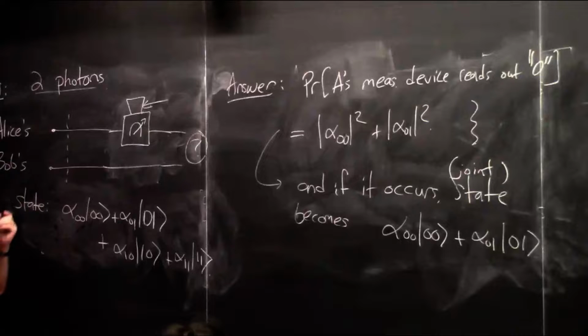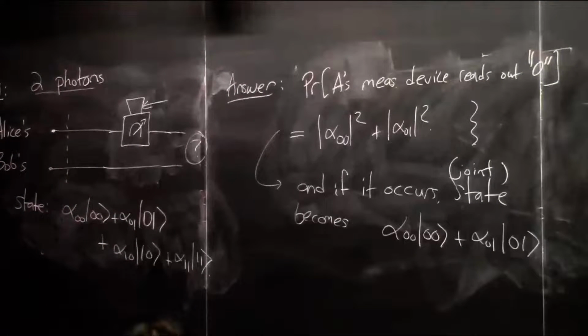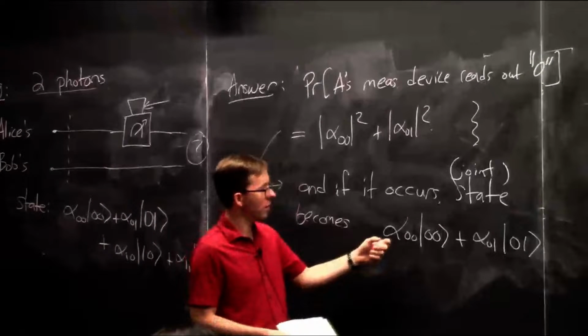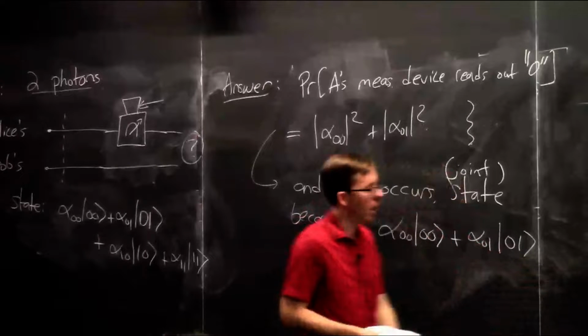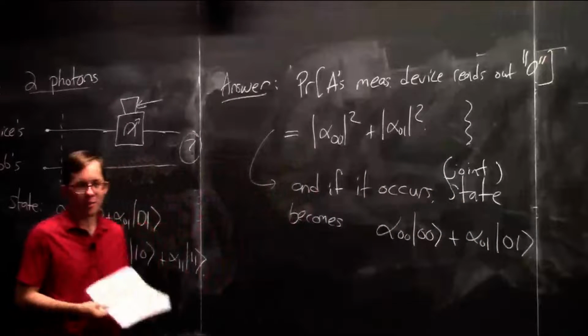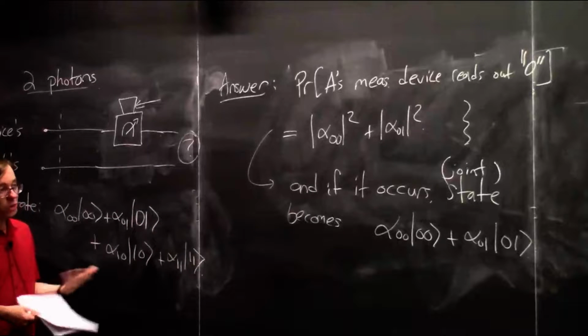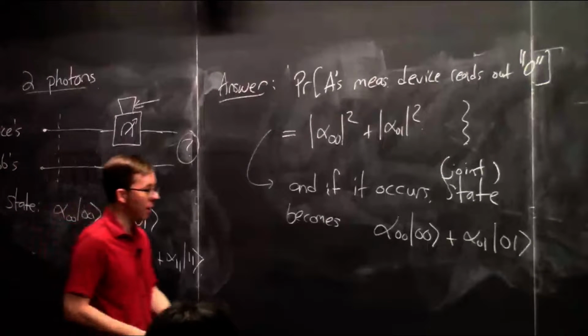Okay, so what is the thing that's kind of wrong about this? Yeah. The squared magnitudes don't sum to 1. This is a 4-dimensional vector with coordinates alpha 0,0, alpha 0,1, 0, and 0. But a state has to be a unit vector. The sum of the squares of the coordinates has to be 1. So far this looks like nonsense. The truth is that the most simple way in which it could be a unit vector is what happens. So it becomes this